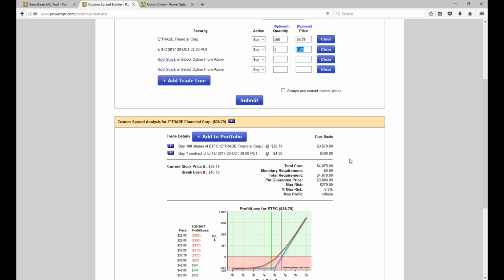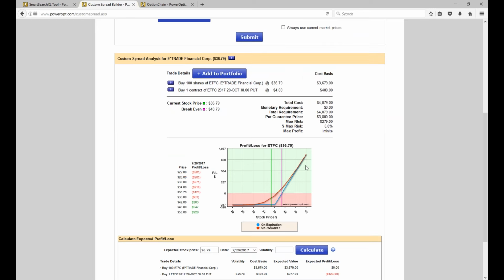Now, you can say that this looks a lot like the profit and loss chart of a long call, and you'd be right. And what does a long call offer us? It offers us a way to get into the position or to take advantage of the stock movement by having a lower cost. So it might cost me $285 to buy the October 38 call.